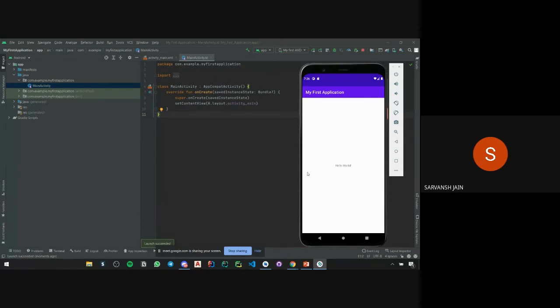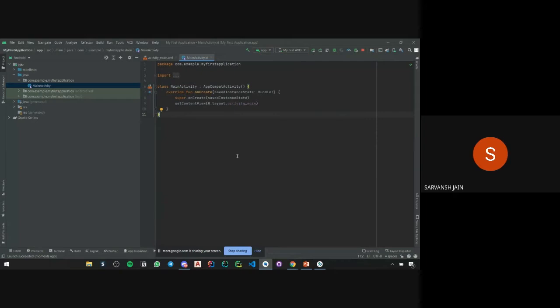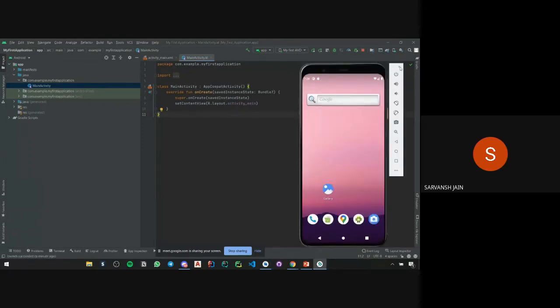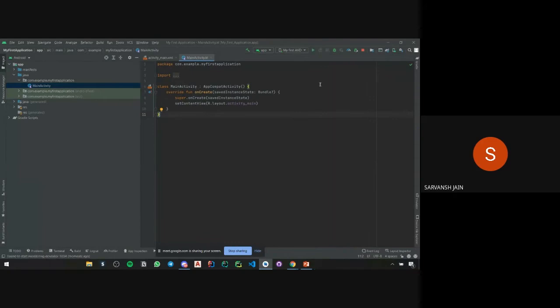So this is how it runs. I'll show it to you once again. This is the code. Then there are these two options. I'll run my app from here.